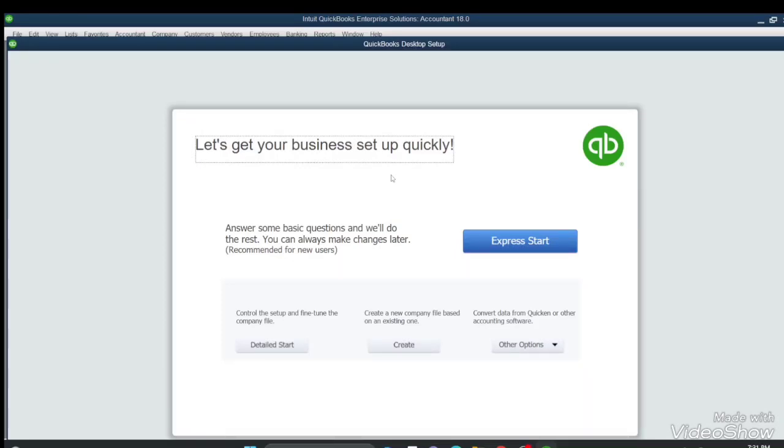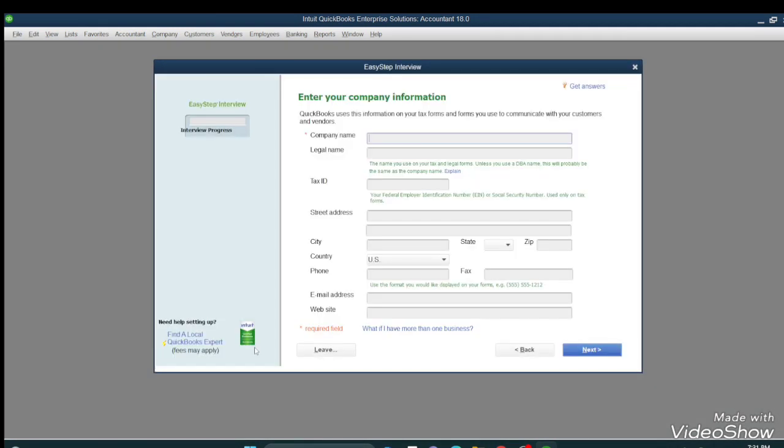In this lecture, I'm going to show how to create a company in QuickBooks Desktop. We can create a company in two ways. One is Express Start. If you want to create a company with short details, we can click on Express Start. If you want to give detailed information for a company, we can choose detailed start. So click on detailed start and right here write the name of the company, for example a company by the name of